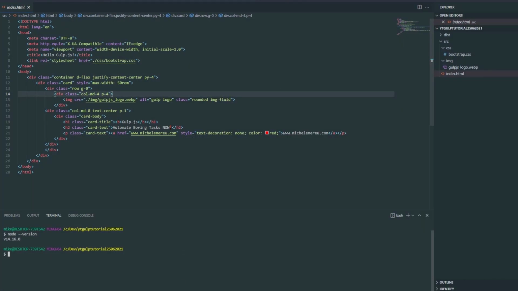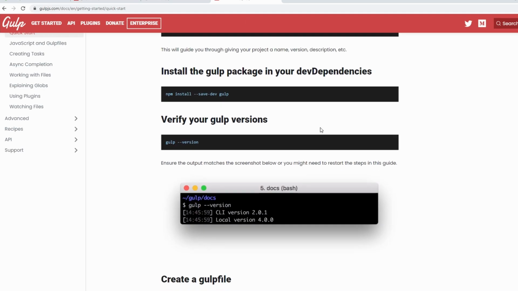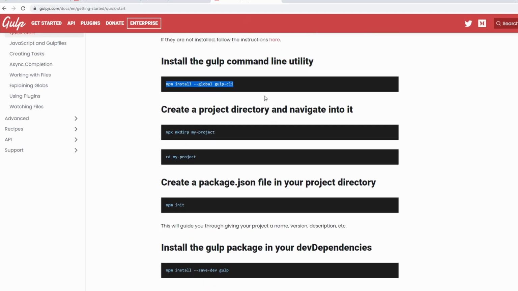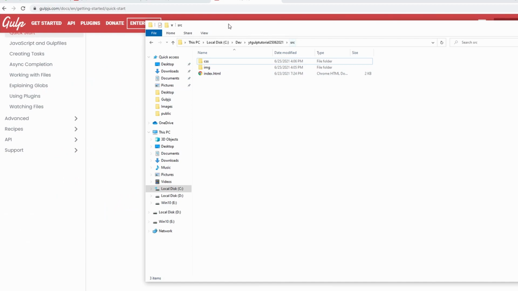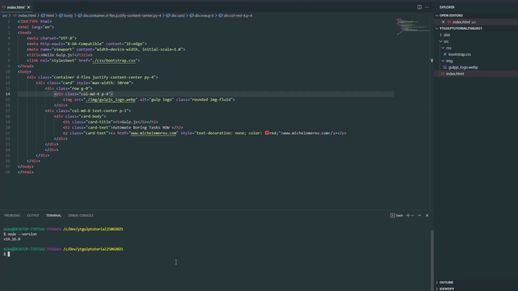and just go to the get started on the website gulpjs.com, and there is all the setup you have to do. Maybe the only thing you have to be careful about is that in this tutorial we already have created a structure, so we don't need to do something like mkdir and cd, because we already are inside the proper directory. So we proceed to install the global gulp command line,